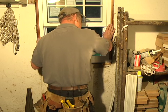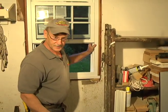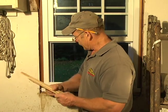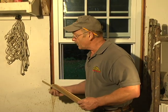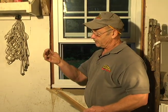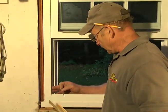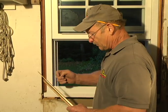Okay, now in our next shot, we're going to show you how we fasten this and shim it. Okay, we've installed the window, and now the next step is to secure the window. The window came with 4 2-inch wood screws, and they go into this pocket right on the side where the window sash slides. And what we want to do though,